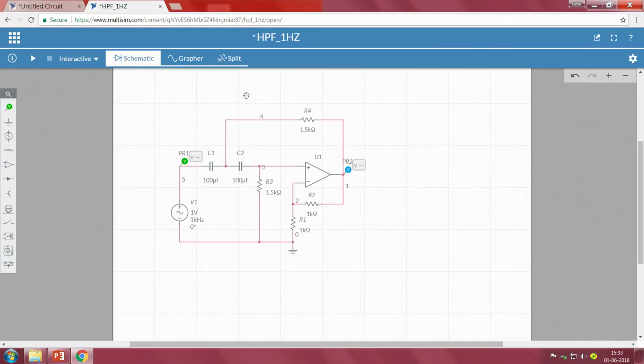So, to visualize in the frequency domain, I will change the settings from interactive to AC sweep. So, what do you mean by AC sweep? AC sweep is an internal function. What it does is that rather than you keep on changing your input frequencies at particular frequencies, the system is already pre-programmed such that the input signal frequency will start from the minimum frequency that you set to the maximum frequency that you set, with intervals of some default values. It will keep on increasing the values and you can observe the output voltage at this particular point, right.